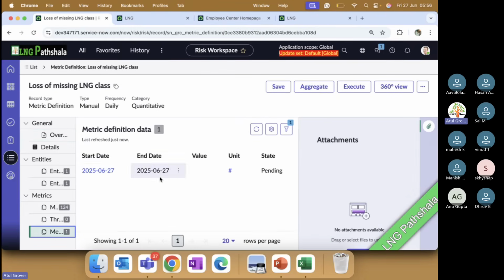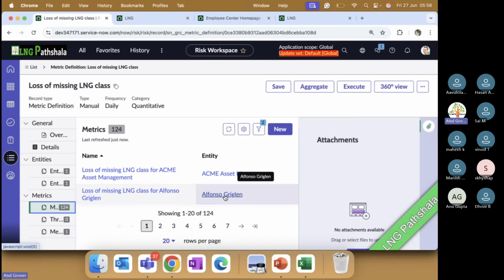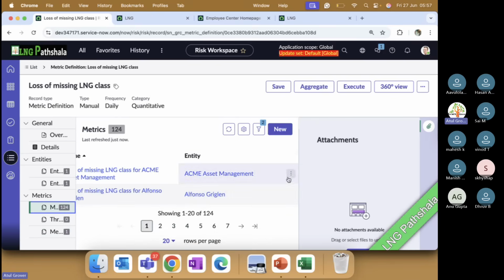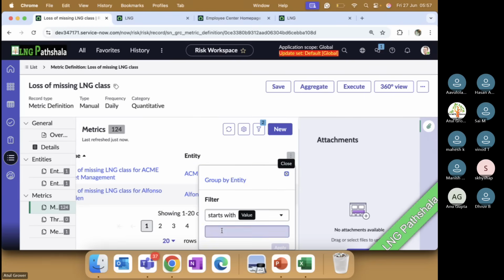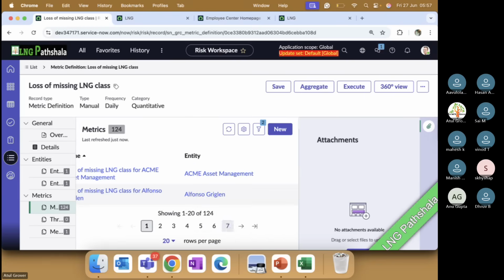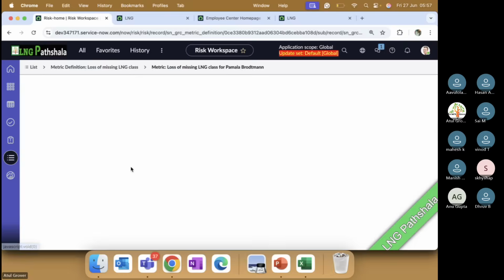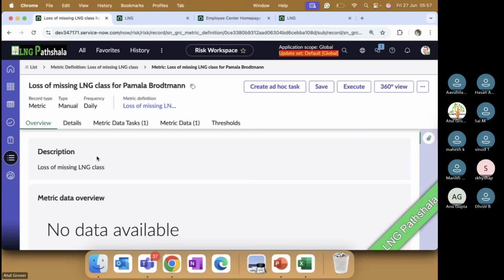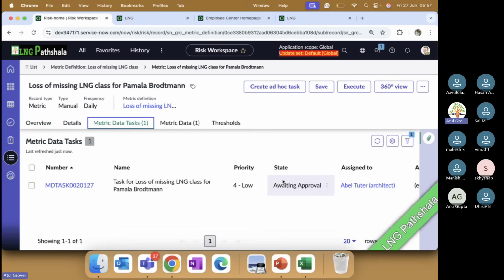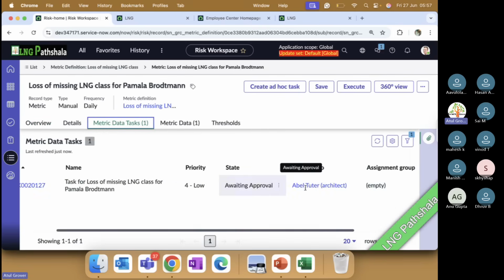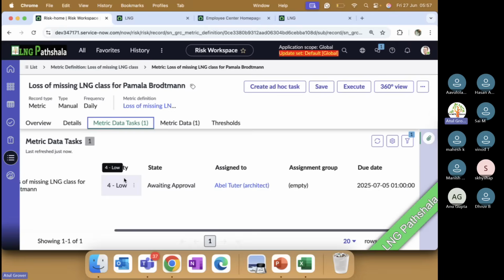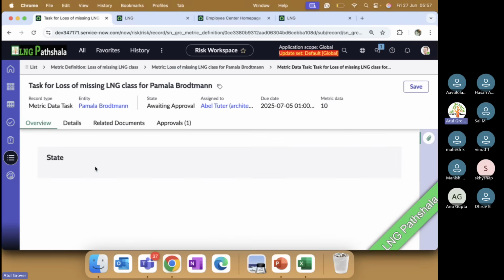This metric data is only one right now because the second one has not started. Metric was on Pamela. Task, but is waiting for the approval now. So unless this task gets completed,